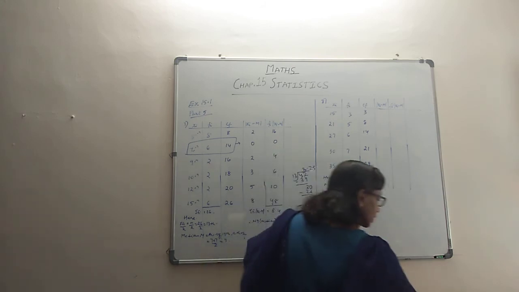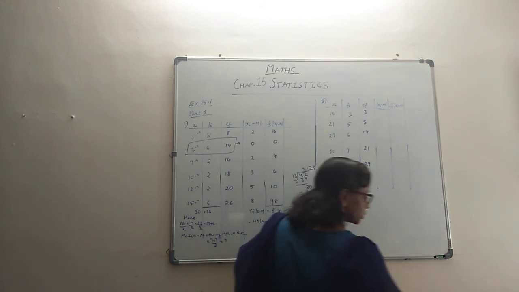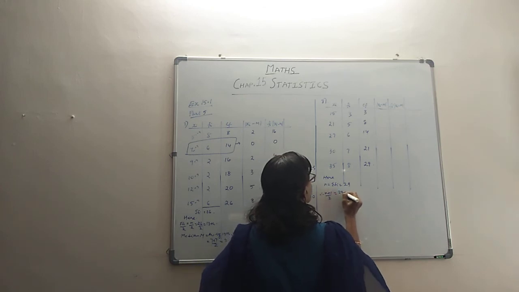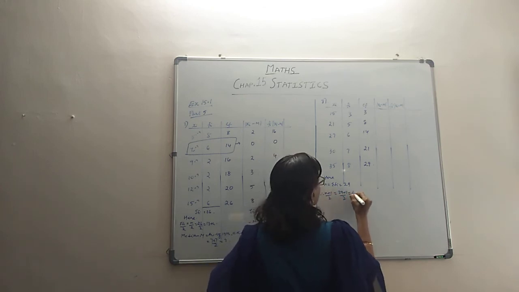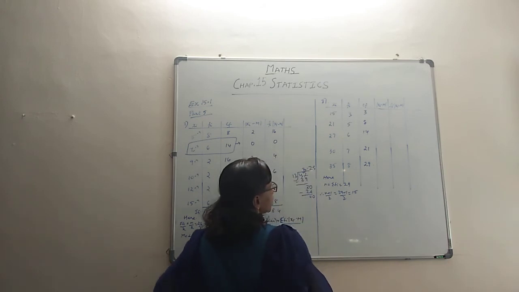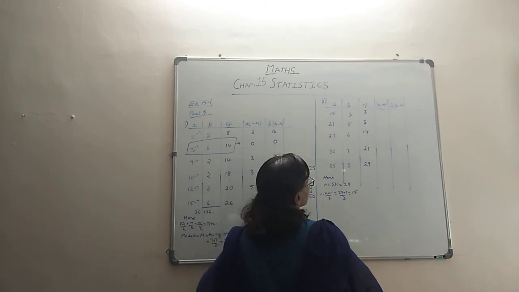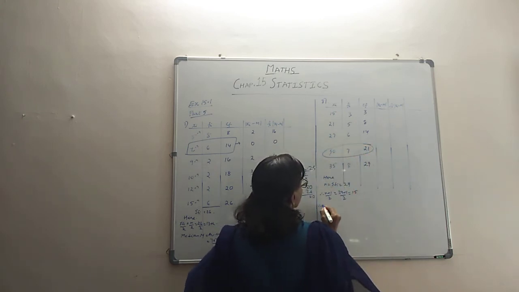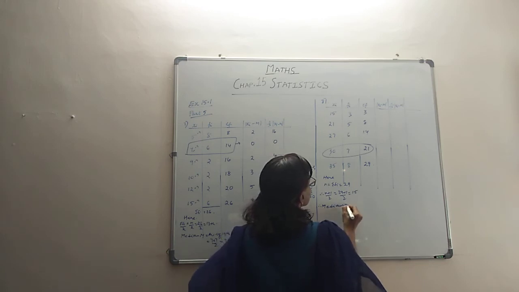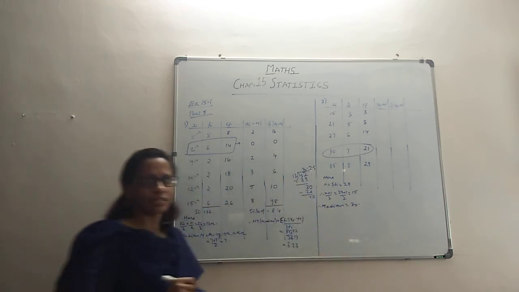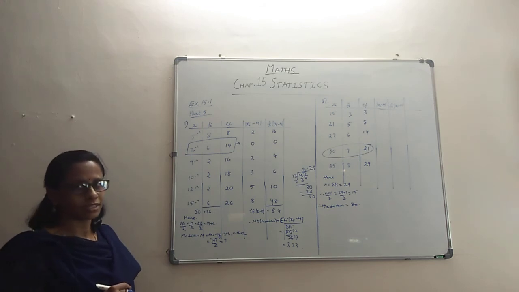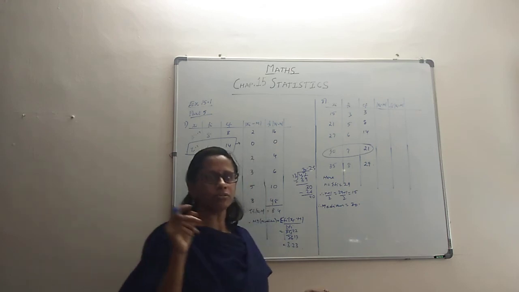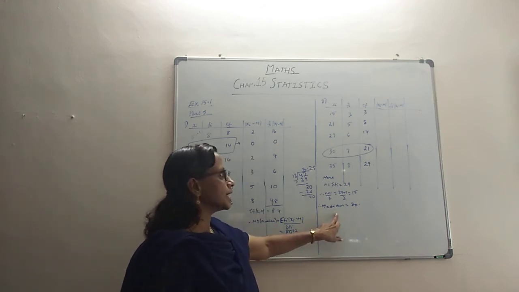Oh, no, we'll not look at n by 2, we'll look at n plus 1 by 2. That's what we do in the odd case, isn't it? Therefore, n plus 1 by 2 is 29 plus 1 by 2, that is 30 by 2, which is 15. Now, where does the 15th observation lie? It will lie here, right? So therefore the median is 30. Okay, so that's how we spot. In the case of odd, we'll do it like this. Only in the case of even, we take those averages. In the case of odd, we get one definite value, you take that and you get the answer. So you're getting the median as 30 here.